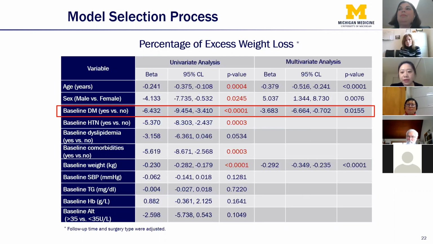future weight loss, percentage of total weight loss, or percentage of excess weight loss over 5 years of follow-up. This analysis further confirmed that after adjusting for time, surgery type, age, gender, and baseline weight, there was still a significant difference in percentage of excess weight loss between individuals with diabetes versus individuals without diabetes. The same results were seen with absolute weight loss and percentage of total weight loss, which are not shown here. These analyses indicate that the presence of diabetes before surgery is a predictor of the future weight loss outcomes.